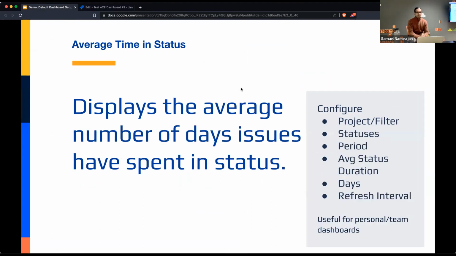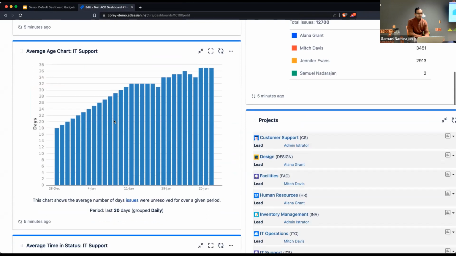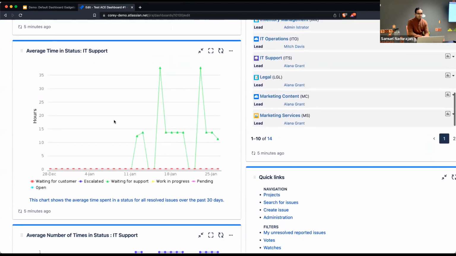Average time in status is kind of along similar lines, except the metric that it looks at is that it will show you the average number of days issues have spent in a particular status. So lots of configuration options right here. If I scroll down here and take a look at the configurations,